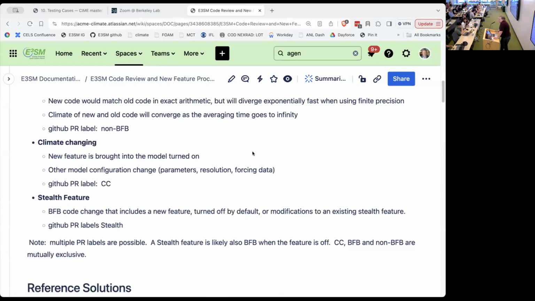Or you tune something in such a way, yeah. So bit for bit, does that depend on the system? Yeah, we only mean bit for bit within a given machine and compiler combination. How do you capture all the differences between, like, four different configurations, format, et cetera? Well, we have baselines, and I'll talk about this in the testing, for each of the configurations. And then you can do a bit for bit comparison with those.